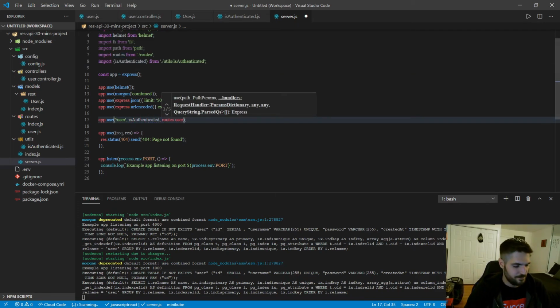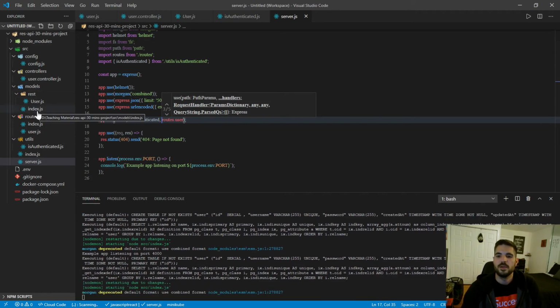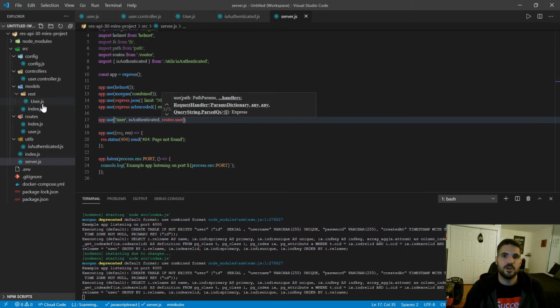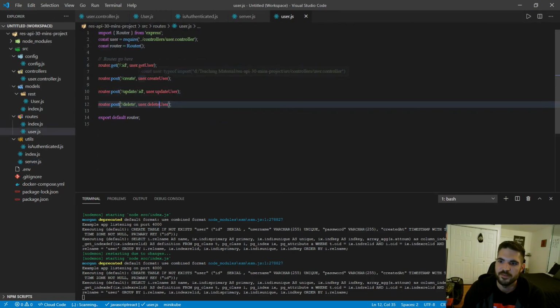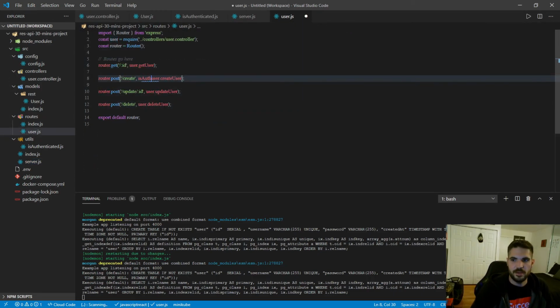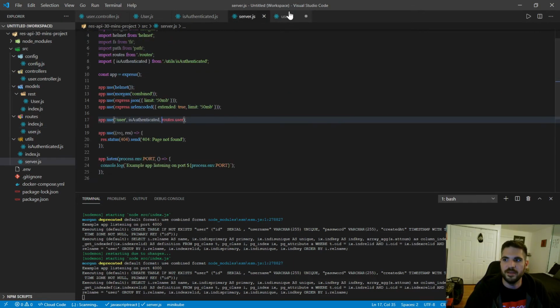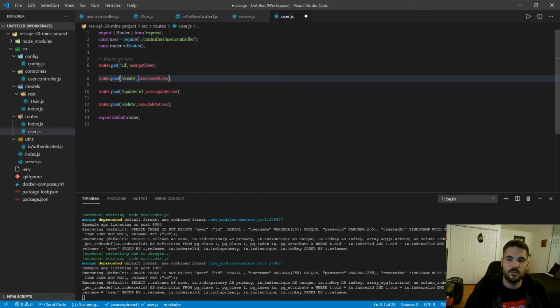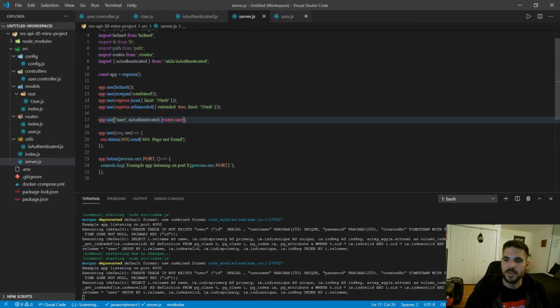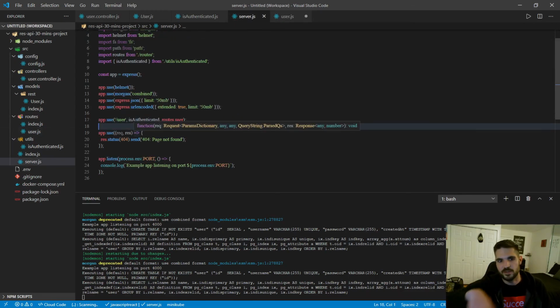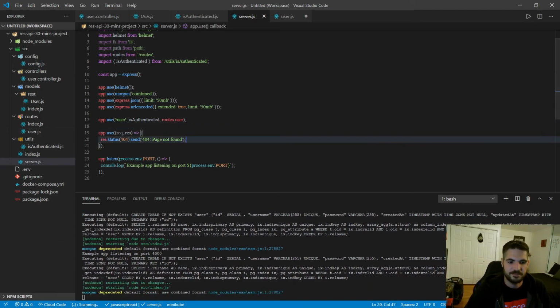Now, if you wanted to use an API key for a certain role or certain routes in the user route, then you could just apply it in here as well. You can just put it in here, and it would actually do it per route. And you can take it out of here, and then if you want two of these with it and one of them free without the API key, you can do that this way if you want. But this covers the whole /user, the create, read, update, all of that stuff. So if I save this,